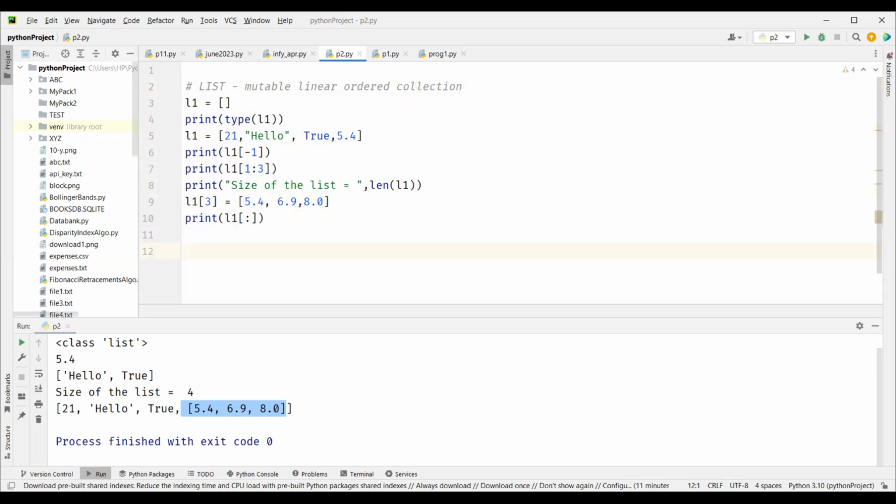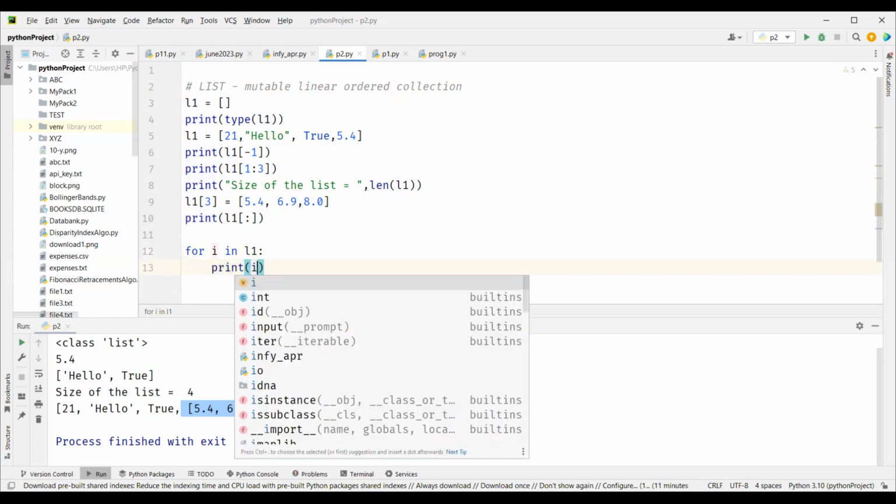So you can iterate through a list. When we were doing loops, we did only with range. Later, in strings also, we saw that you can iterate through a string, isn't it? Now you can iterate through a list as well. So if this is the list, I can say for i in L1, print i. Now when I run it,